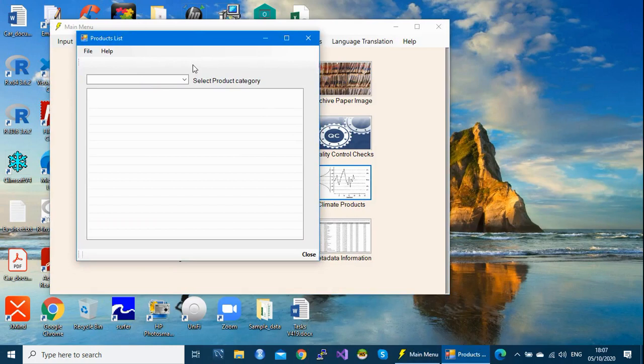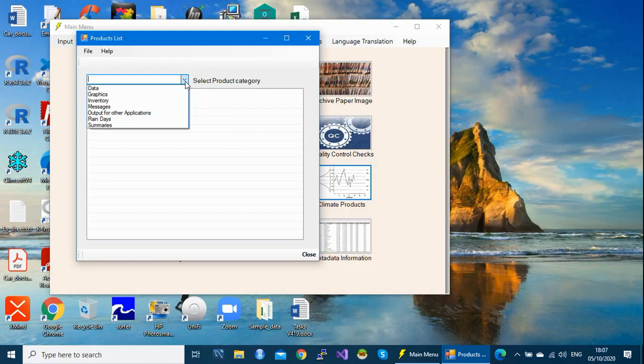Here, if you select the drop down list, it will populate the product categories into ClimSoft. This is a list of products available in ClimSoft.